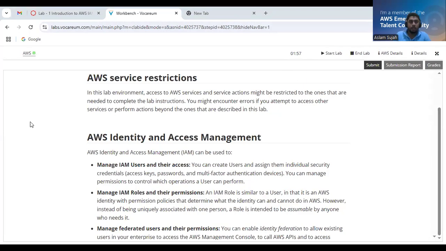Okay, once you look here, it will take 3 to 4 minutes. So now if you have 1 hour and 57 minutes, also if you look here, your AWS button is green. It means your AWS console dashboard is ready. So after you get this green button,